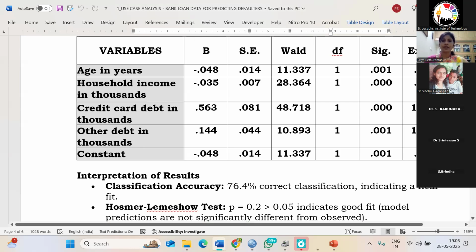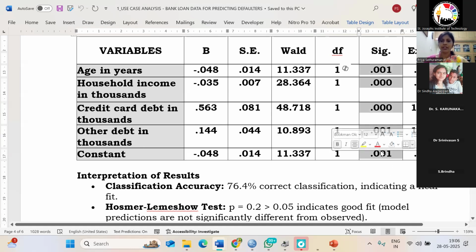Okay. So here, the first initial step that you should check is the significance value, whether this particular p value is lesser than 0.05. When you check all the values, all the values are less than 0.05. So all the independent variables influence the outcome variable. So how it affects, that you have to check with the